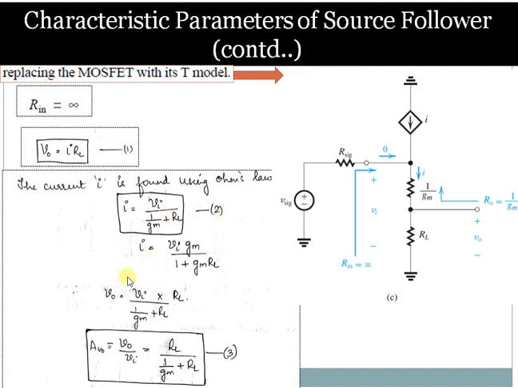And this equation for I is rearranged in this particular form, to obtain the output voltage, which will be equal to the input multiplied by the load divided by the total resistance, that is 1 by Gm plus RL. To obtain the equation for the open circuit voltage gain, we have output voltage by input, which will be equal to RL divided by 1 by Gm plus RL. This equation 3 is obtained by rearranging the equation shown above.